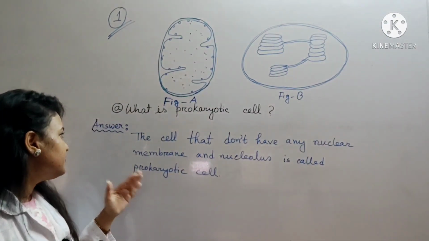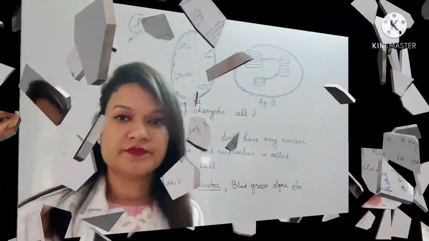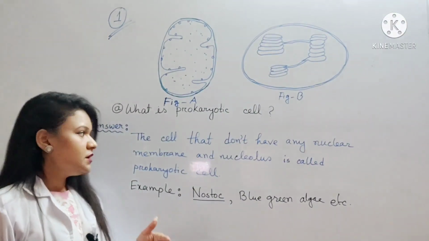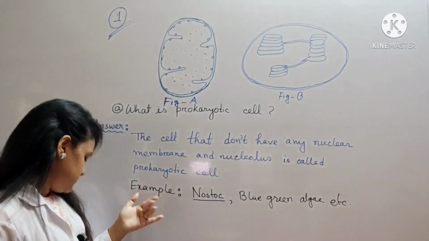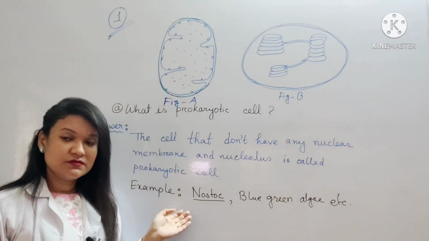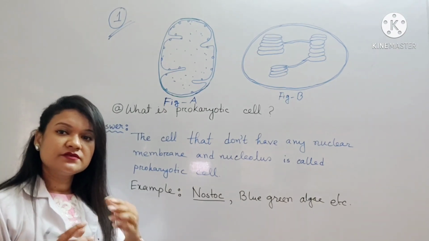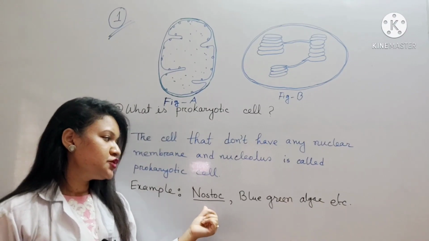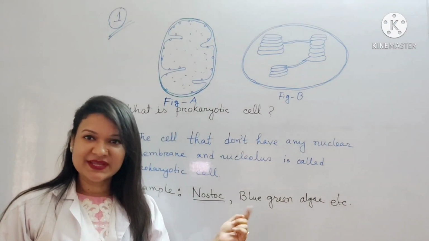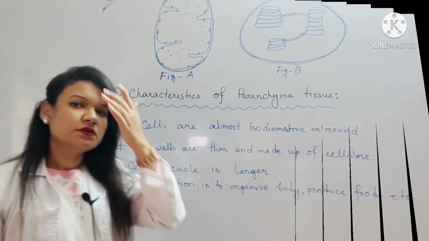Okay, if you write this answer, you will get 1 mark. With the definition, if you give an example, you will get the full 1 mark. So an example of a prokaryotic cell is